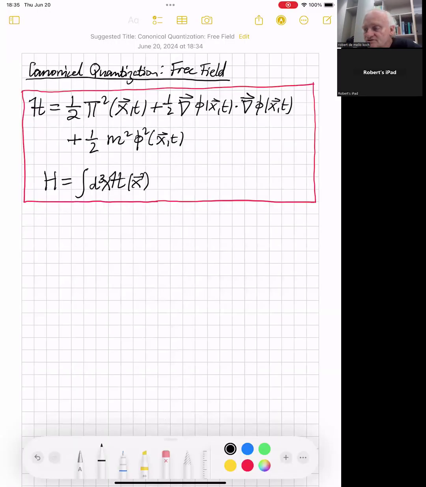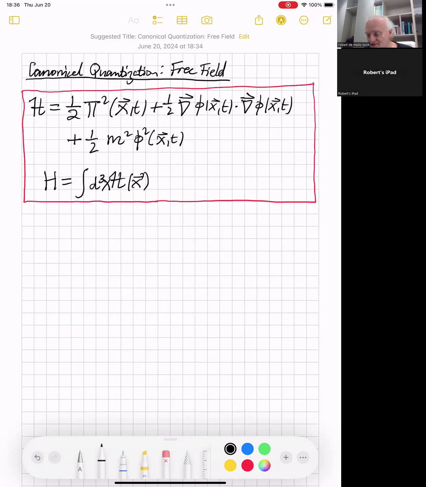Okay, so what we want to do now is to evaluate the Hamiltonian. One of the reasons why I want to evaluate the Hamiltonian is that this is going to allow us to calculate energies of various states in the theory. And the other thing is, you'll see for the first time some infinities arising in quantum field theory. Actually, this will be quite a harmless infinity to fix, but it's going to arise for the same reason that infinities always arise in quantum field theory, and that's because we're dealing with a system with an infinite number of